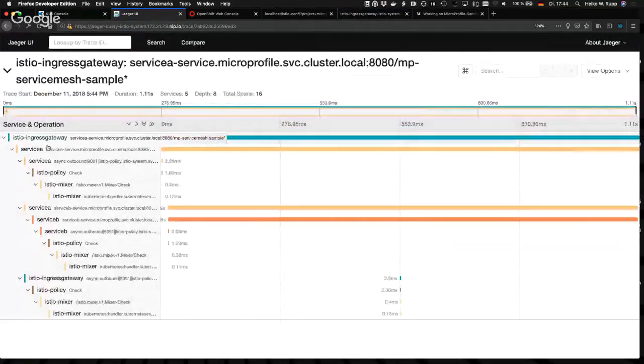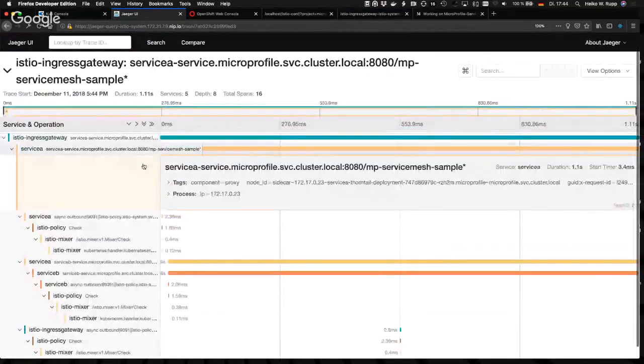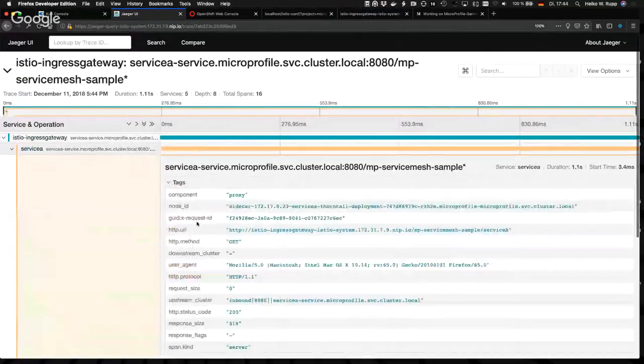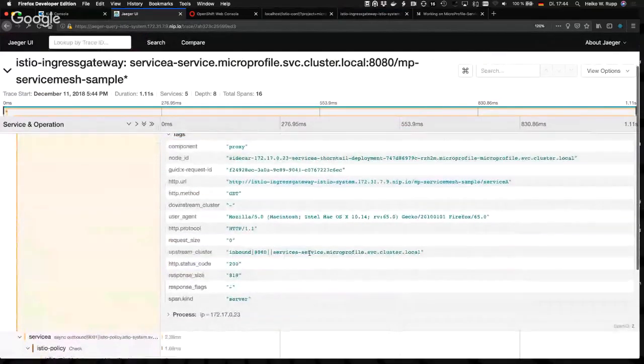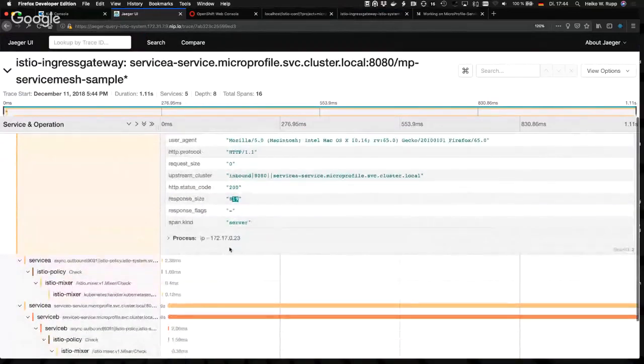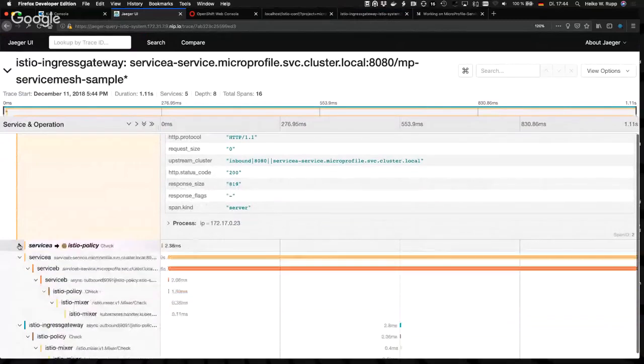It's coming from the ingress gateway into the service A Thorntail. We see it's inbound port 8080, HTTP status code 200, response size 819 bytes, and this is the server span. And the first thing it's doing here is calling out to Istio policy, to the mixer, basically to learn where it should call to. This is not interesting for us.